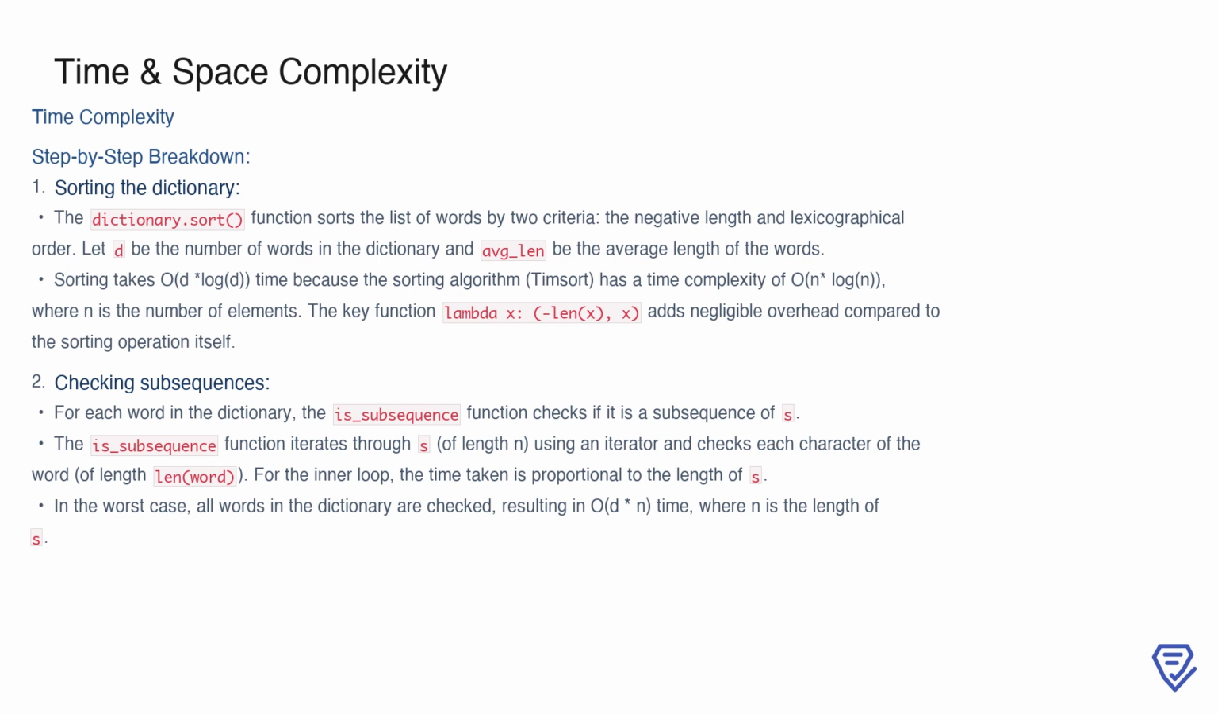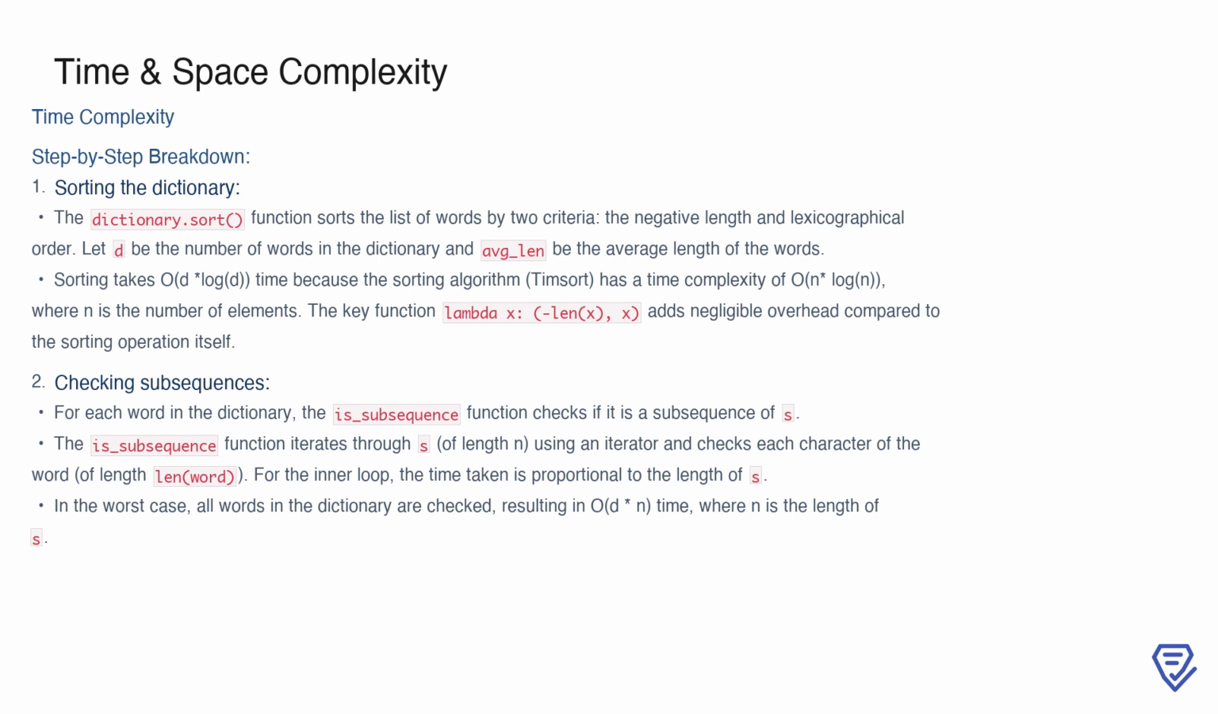First, we sort the dictionary using the sort function, which organizes the words based on two criteria: their negative length and lexicographical order. If we let D represent the number of words in the dictionary and average_len represent the average length of the words, the sorting operation takes O(D log D) time. This is because timsort, the algorithm used in Python sorting,